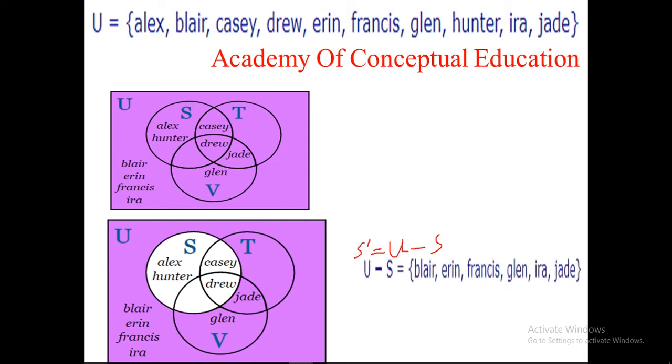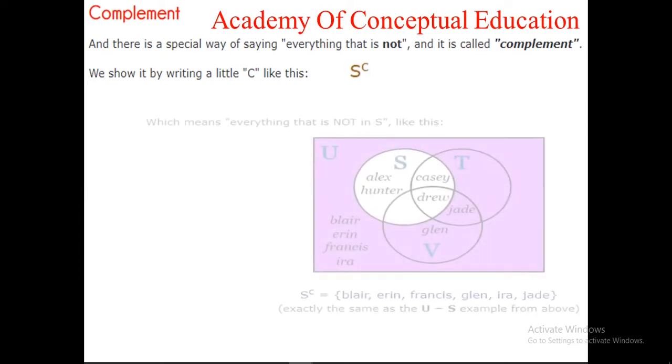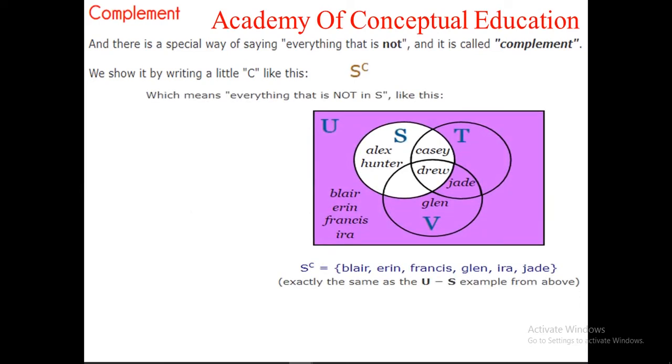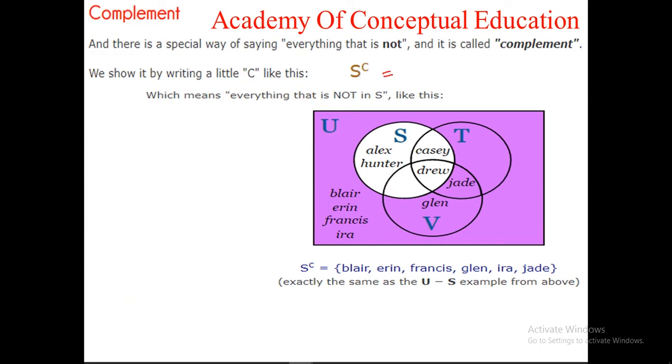You can see here that we have subtracted the set, the circle S, that is why the circle S is not shaded. So we will say it the complement. So what does this term complement mean? Complement means, first of all, you can represent it like this, that you can write it as S complement, or you can also represent it as S bar.